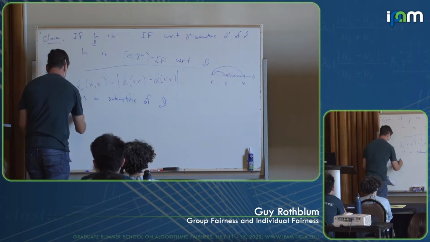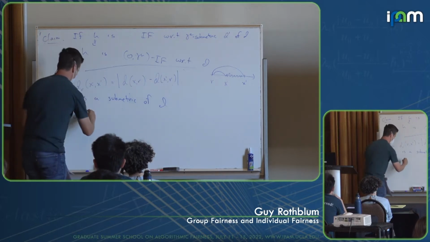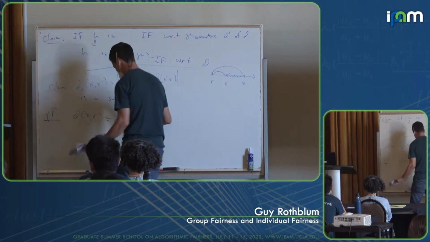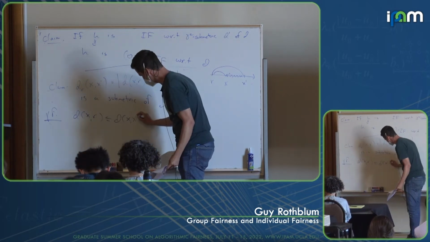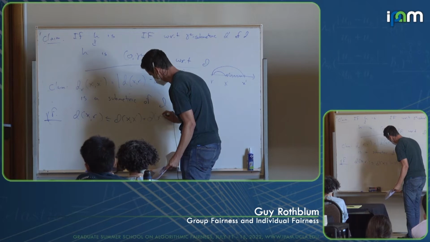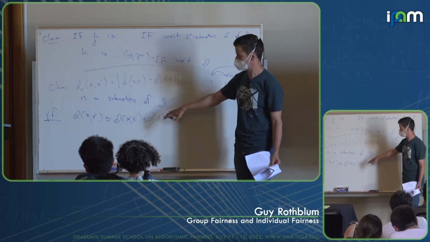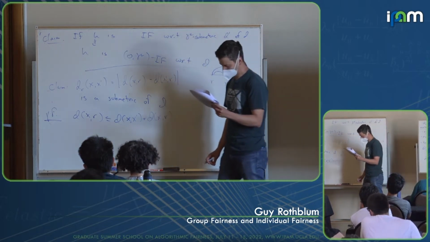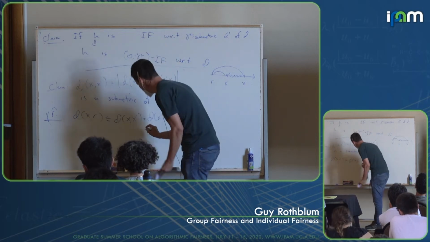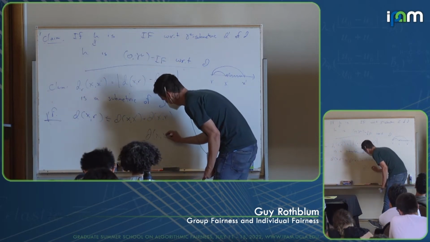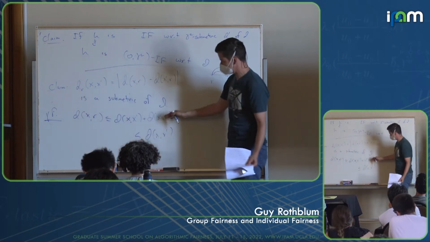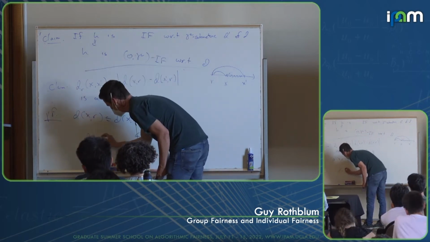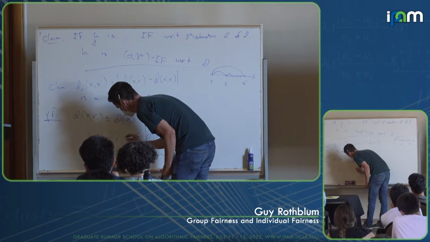By the triangle inequality, if I look at the distance between x and r, that's at most the distance between x and x prime plus the distance between x prime and r. That's just the triangle inequality for D, the original metric D. And then by switching things around, I get that the distance between x and x prime bounds from above, I'm just subtracting the distance between x prime and r from both sides,